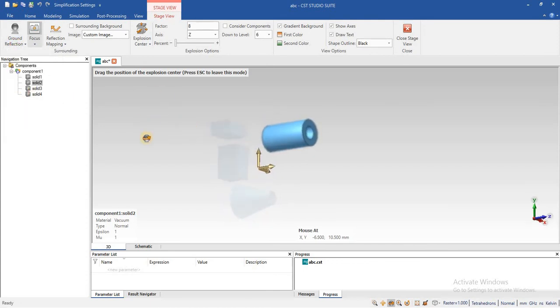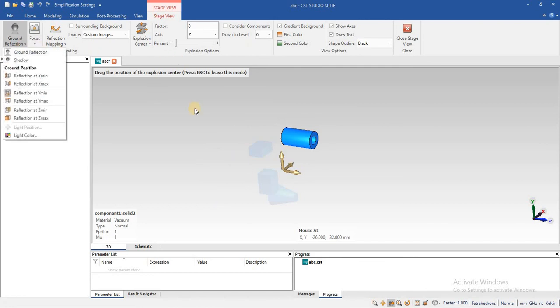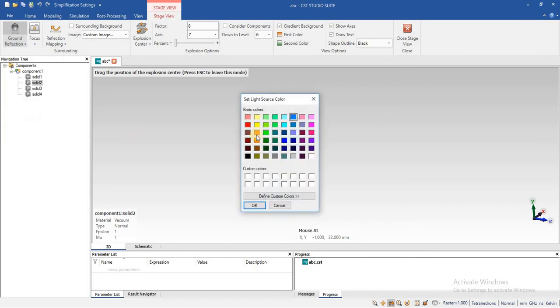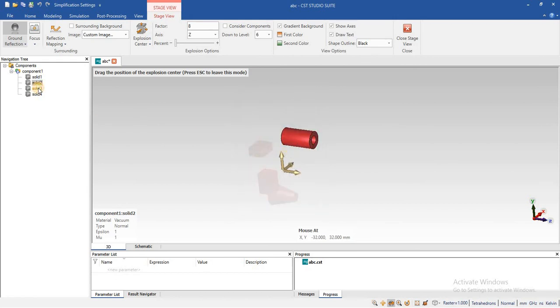You can show the shadow of the object in some specific direction. You can change the color of an object as well. You can see the color of the object become red.